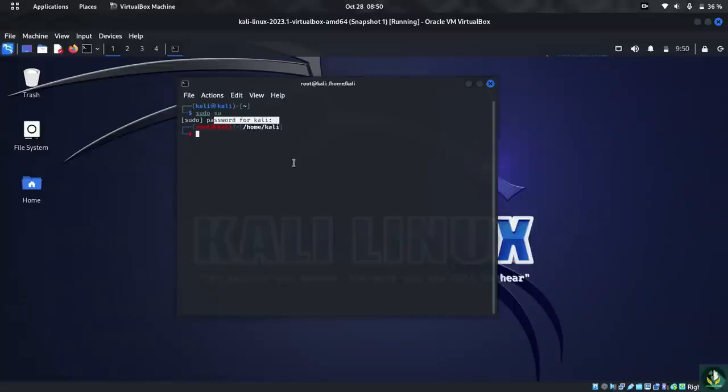So you need to use passwd and then hit enter, and it is asking for a new password. I type the password and it is not showing in the terminal, and then I hit enter. It asks for retyping, so I retype it, and you see that it says password updated successfully. That means the password is now changed to something else. It's not kali anymore. Now I can use it and others cannot. That is one of the goodness of